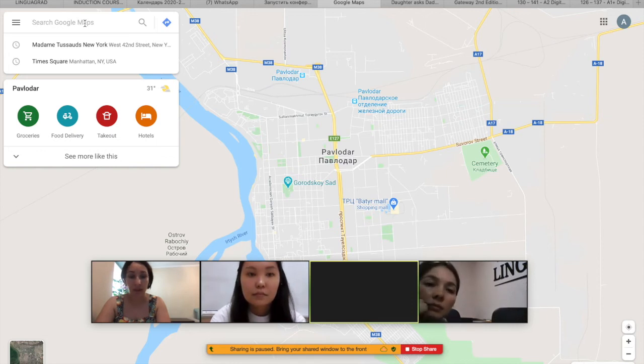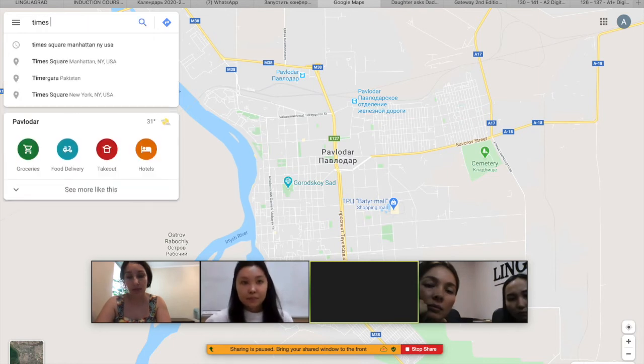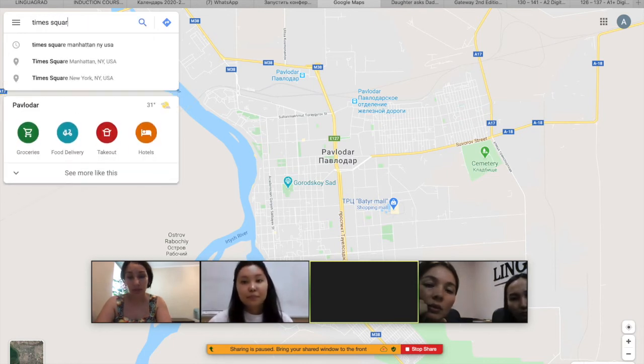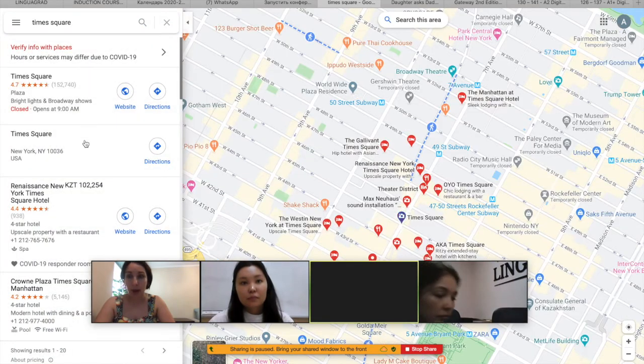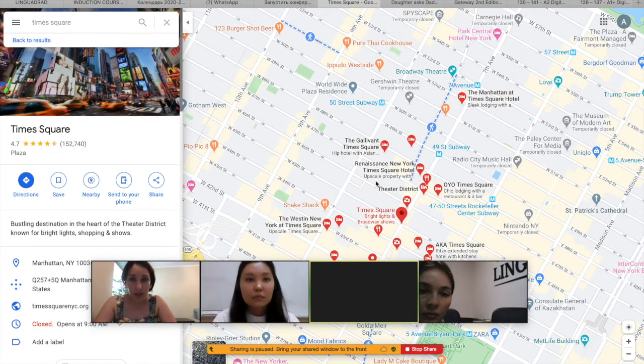That would be Times Square. Ba-bam! I already found this place. It's Times Square. Looks very realistic.